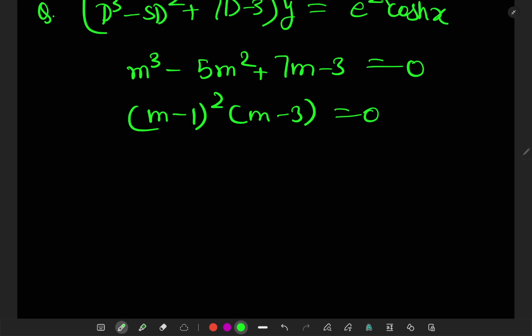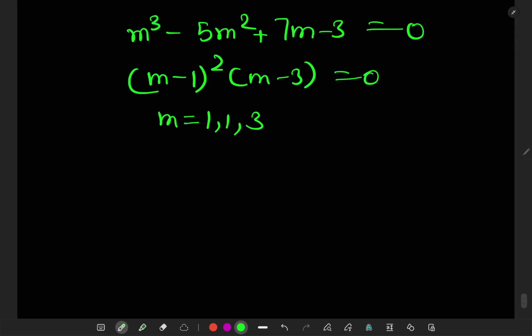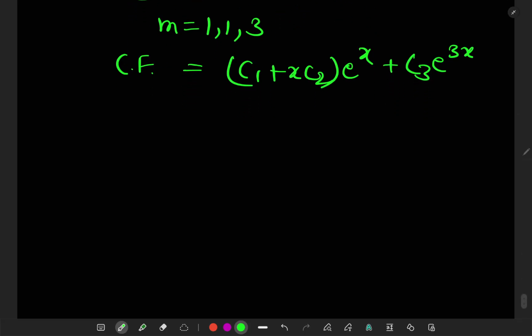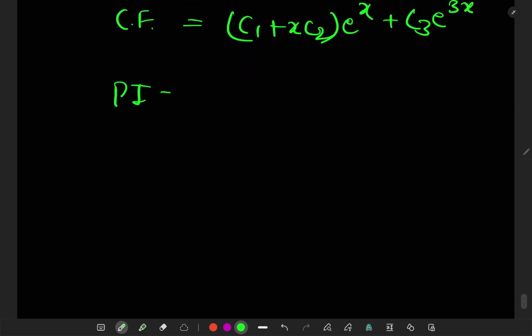Now these are the factors of this equation. m is equal to 1, 1, 3. So the complementary function is equal to c1 plus c2 x times e raised to power x plus c3 e raised to power 3x. Now the particular integral is equal to